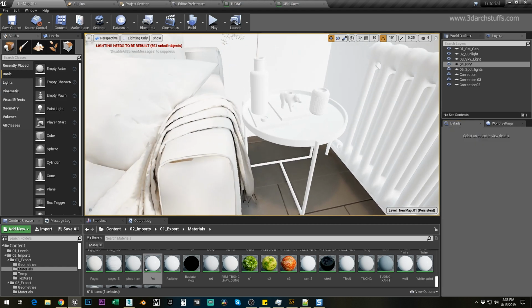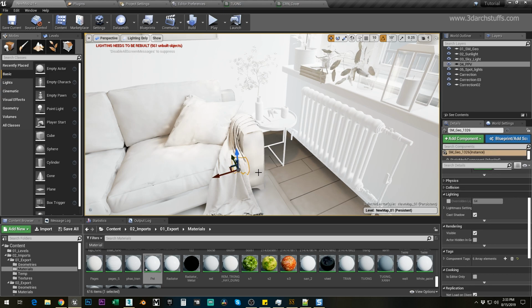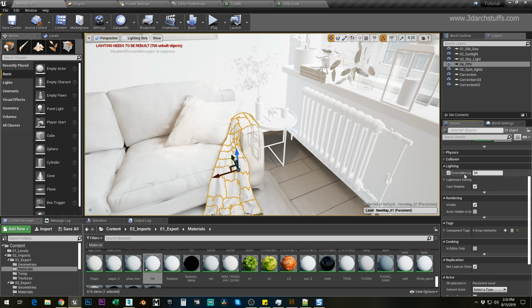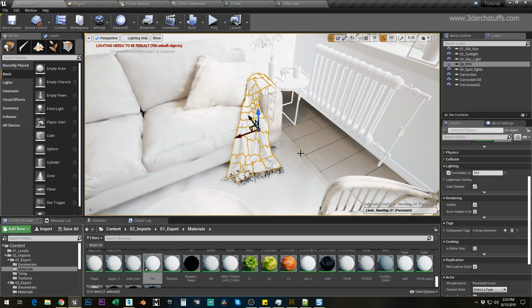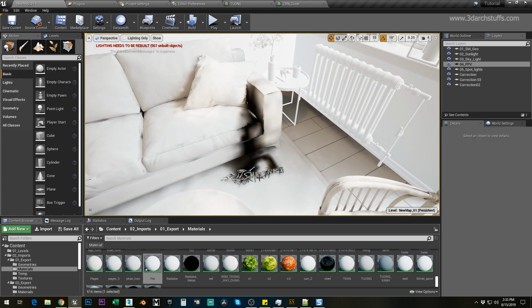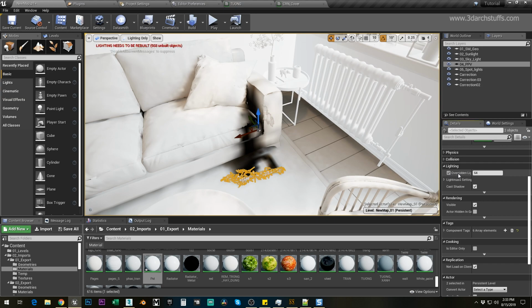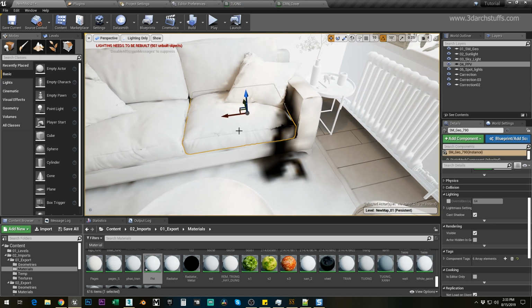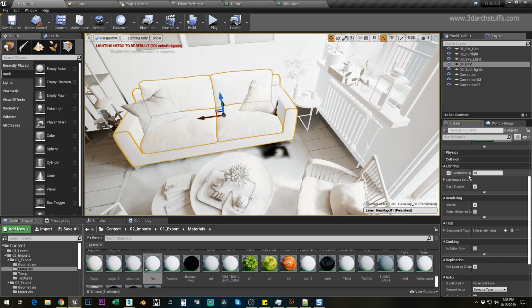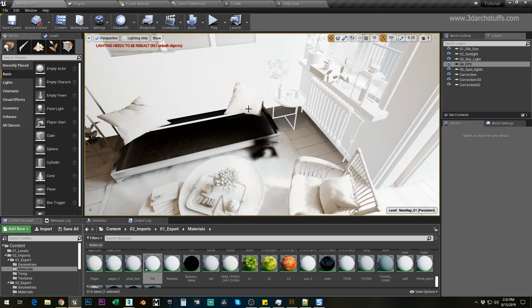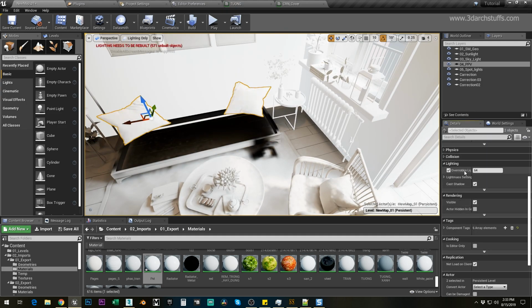Then again I will go inside and I will select one object and Control Q, and I will give 512 on all of these objects, and then I will select all these, and then I will give 1024 on these objects, and on sofa I will give 1024, and then pillows I will give 512,